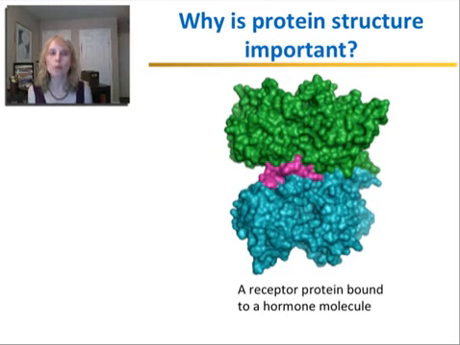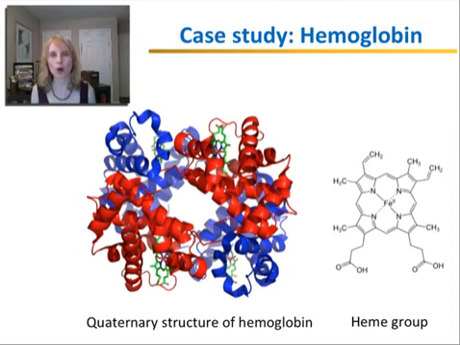So the shape of the hormone and the shape of the receptor have to match exactly, just the way a lock has to fit a certain key. If the hormone does not fit this little groove in the receptor, then the cell will not be able to recognize it. Now, here's another example of protein structure and function, and this deals with the protein hemoglobin, which